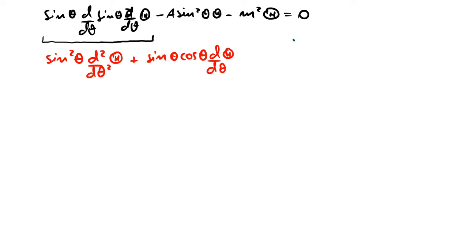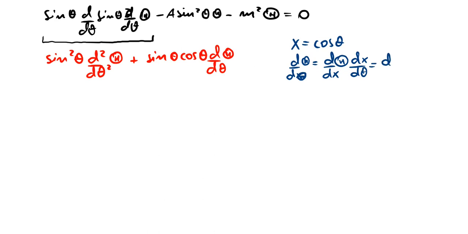If I say that x is equal to cosine of theta, then I want to have a derivative d/dx of any function of theta. In the end, this is going to be something like d/dθ of the capital theta. That should be something like d/dx of theta, dx/dθ, and this will give me this multiplied by this derivative, that would be minus sine of theta. And then if I want a second derivative,